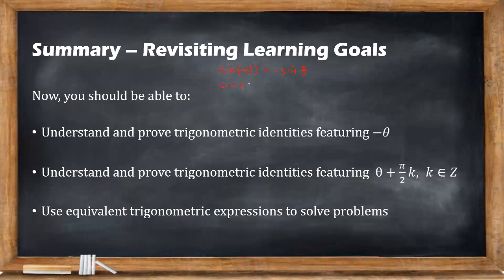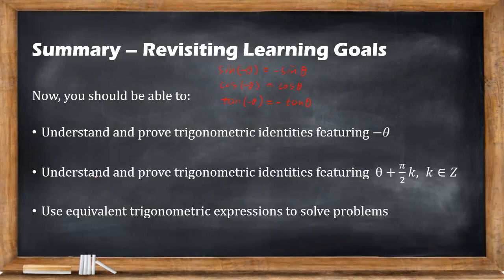And cosine minus theta equals cosine theta, right? And tangent minus theta equals minus tangent theta. This is the first set of properties we have learned, right? So here I only list the primary ratios, and the secondary ratios can be inferred by using the reciprocal property,